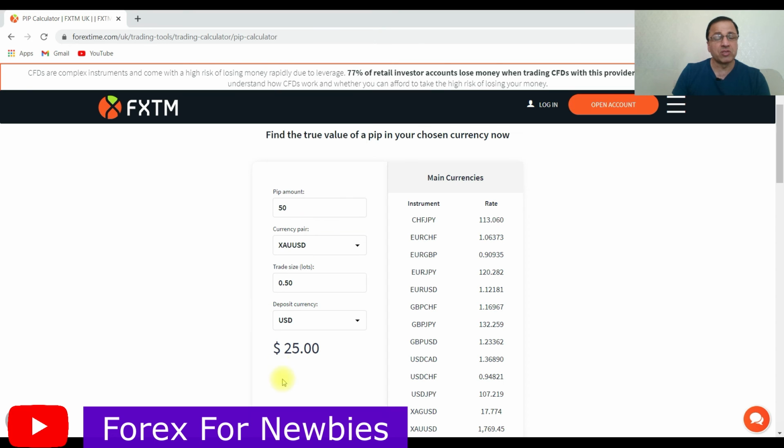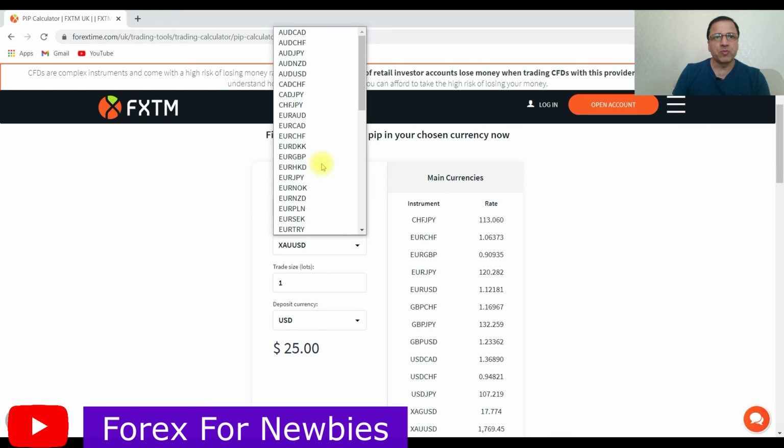If you are going to trade gold, and if your target, for example TP, is 100 pips, and your lot size is 1 standard, how much money are you going to make? $100. And if your stop loss is 25 pips, how much are you going to lose? $25. So just play around with this,